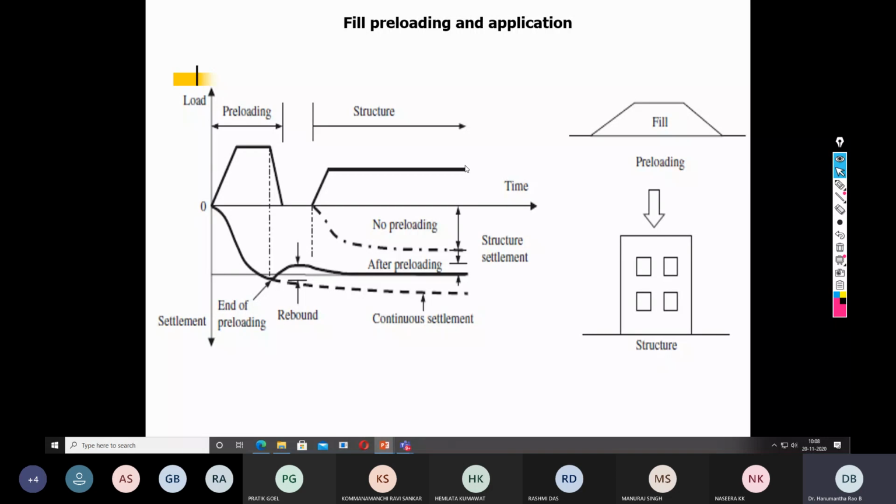The very basic question is, why should we go for accelerated consolidation? In any ground improvement technique, improvement is required for loose soil, loose sand, or a clay that can undergo a substantial amount of settlement, even beyond the permissible settlement prescribed by various codes. So how should we accelerate the settlement or consolidation and thereby minimize the post-construction settlement? Let us imagine this is the site on which we want to build a structure. As a result of the superstructure, there is a possibility of settlement inside the soil. Now suppose I preload the same soil even before the construction of the superstructure and accelerate the consolidation, and